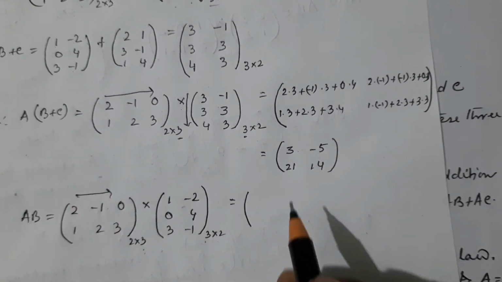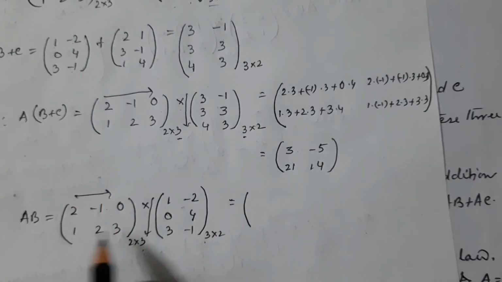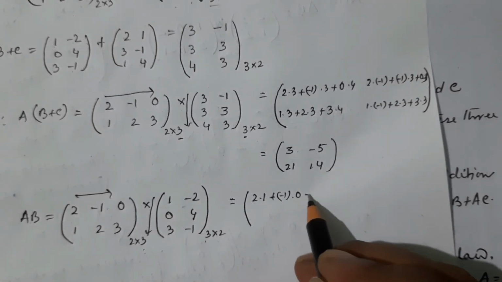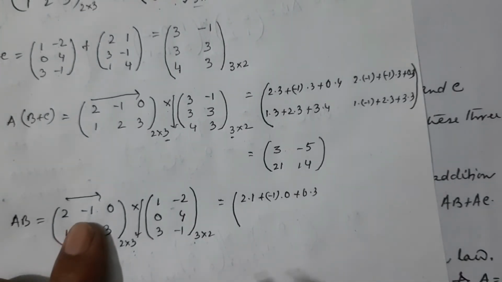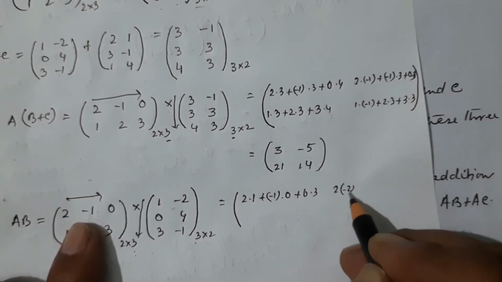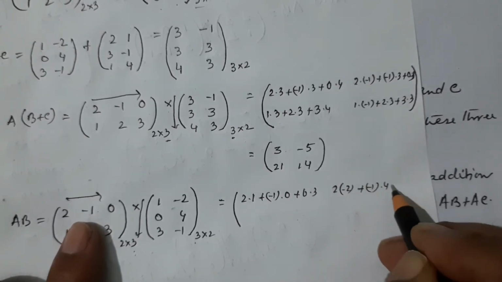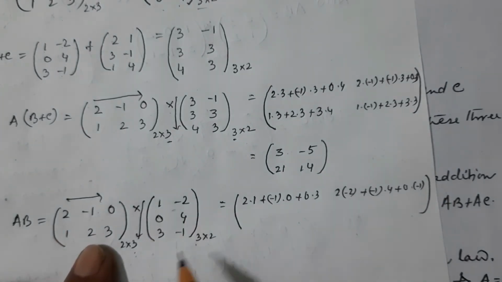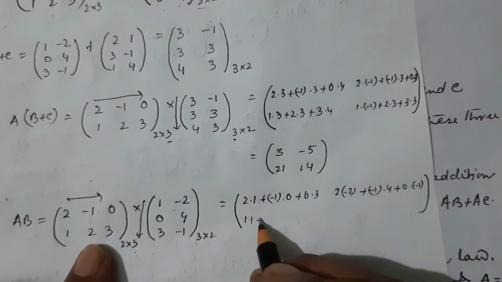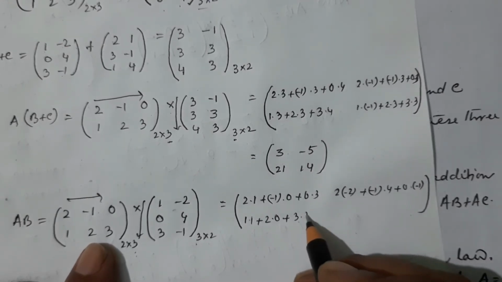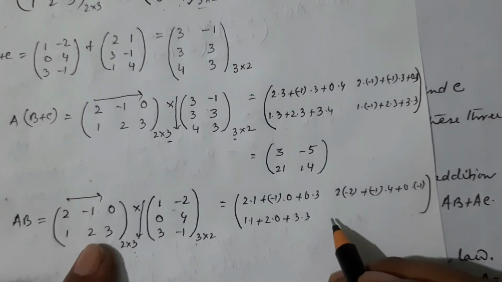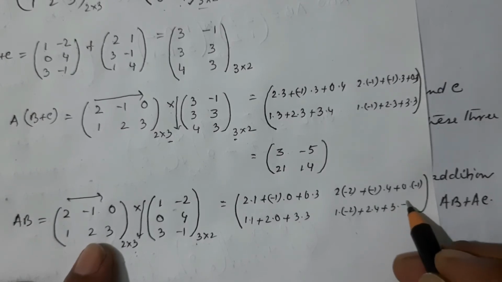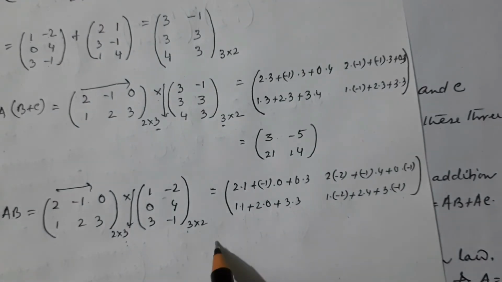Row and column. First row, first column: 2 into 1 plus minus 1 into 0 plus 0 into 3. First row, second column: 2 into minus 2 plus minus 1 into 4 plus 0 into minus 1. Second row, first column: 1 into 1 plus 2 into 0 plus 3 into 3. Second row, second column: 1 into minus 2 plus 2 into 4 plus 3 into minus 1. And if we simplify, we get